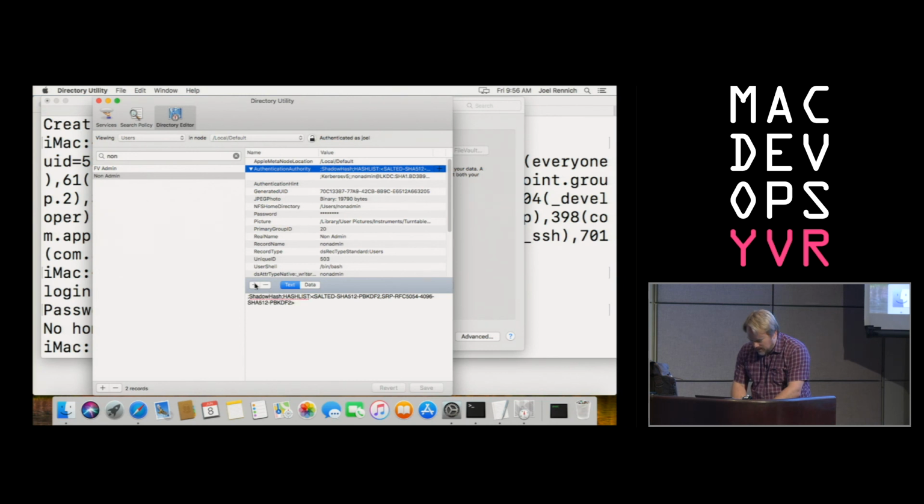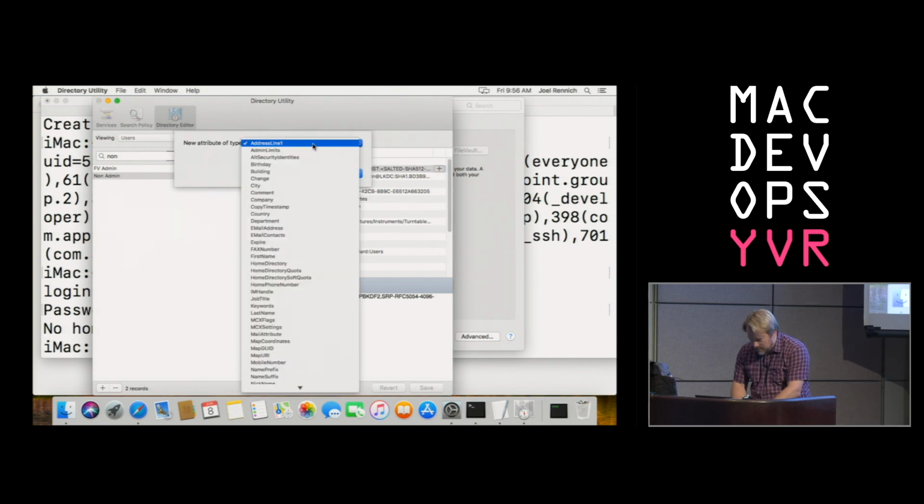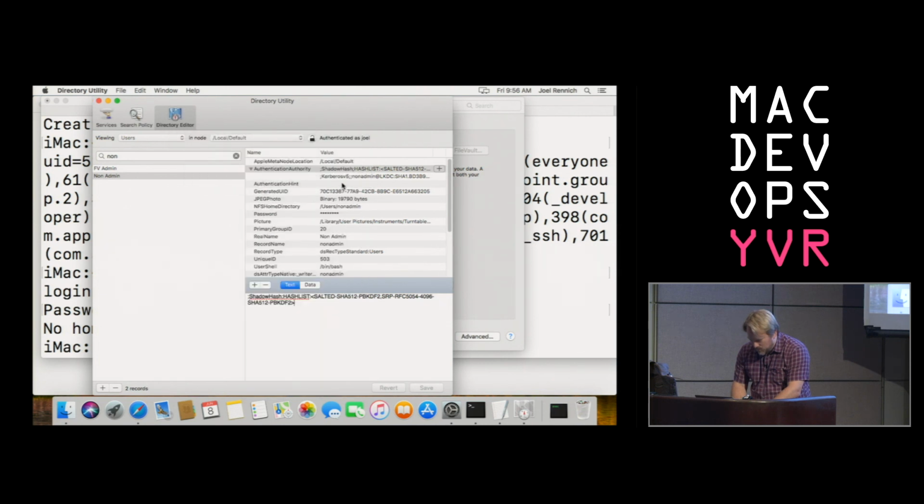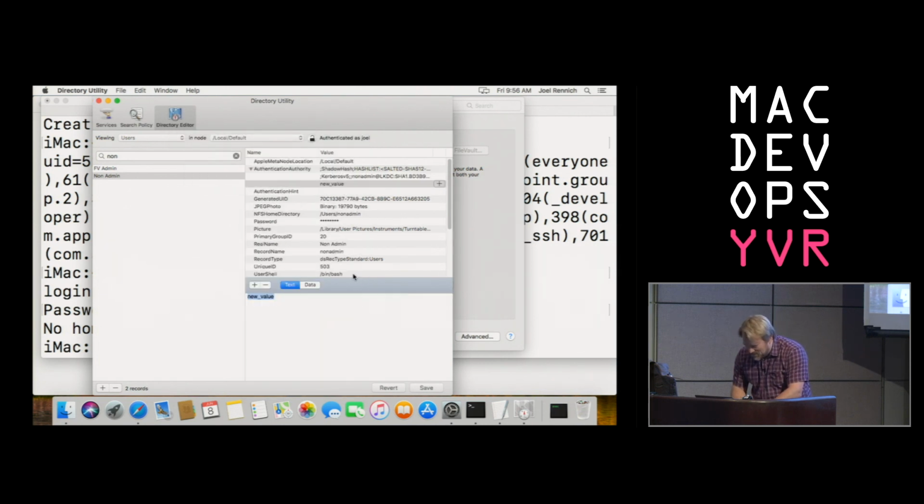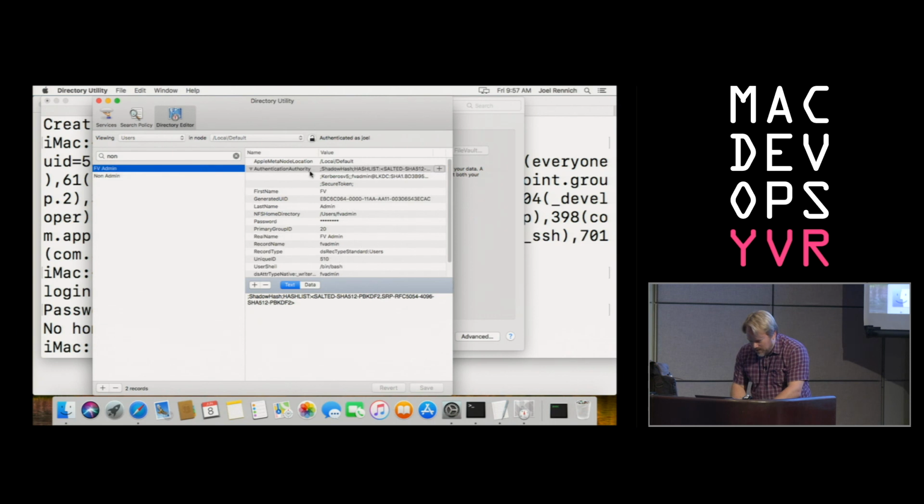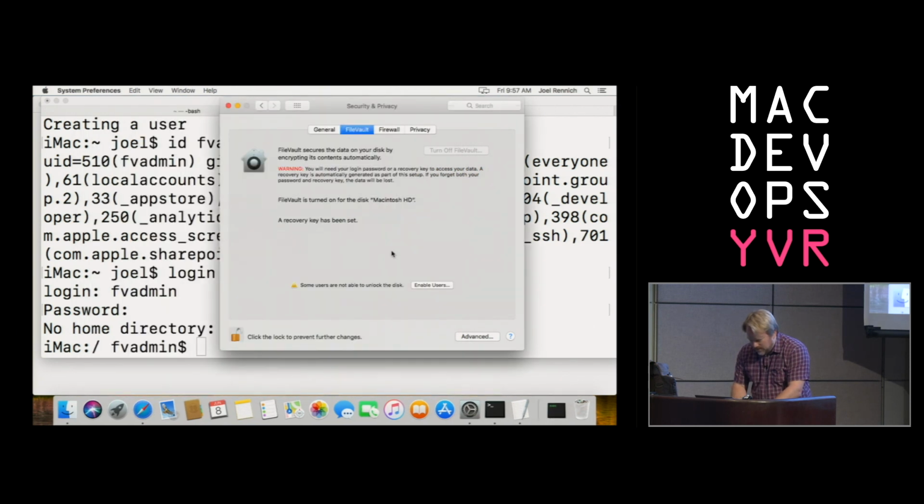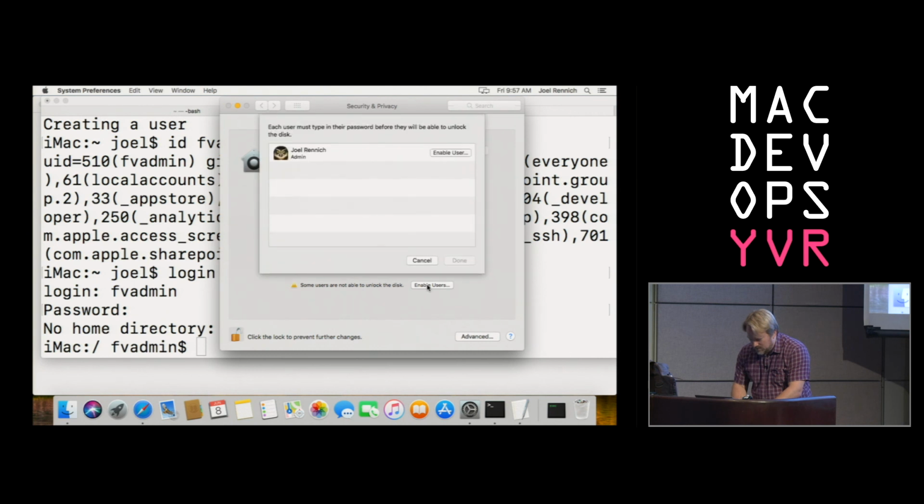And my guess is, this is not planned for the demo, but we're going to do this, is that I can add, I don't think that's what I wanted. This plus button here, that's what I'm looking for. Add secure token and save it. So now FVAdmin has these, non-admin has these. And if I go into here and enable users,